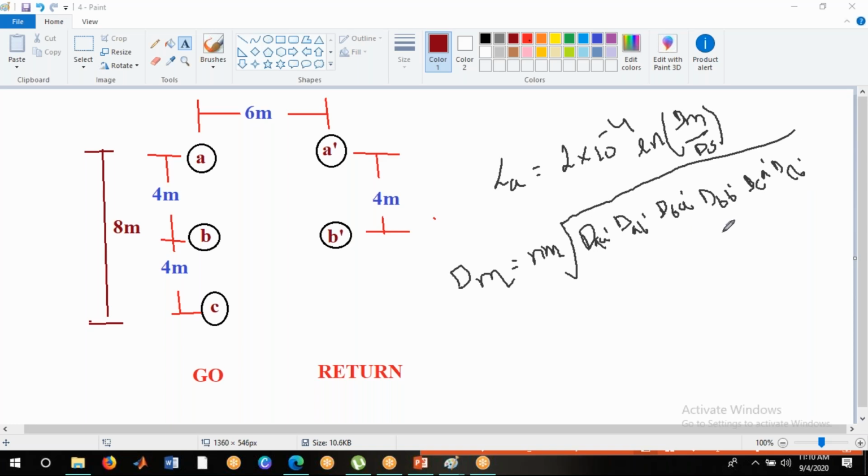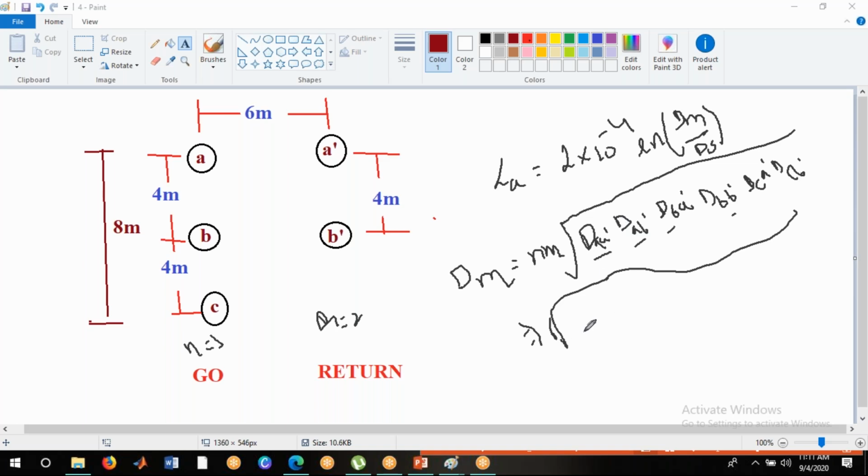Now you can easily know whether these terms are correct or not. How can you know this? If you multiply n and m, here n is equal to 3 and m is equal to 2, so if you multiply these two, you will get 6, right? So it gives the 6th root of. Whatever number comes here, the number of terms inside the root should be the same. So we have the 6 terms: 1, 2, 3, 4, 5, 6. So this is the way of identifying whether you are correct or not.